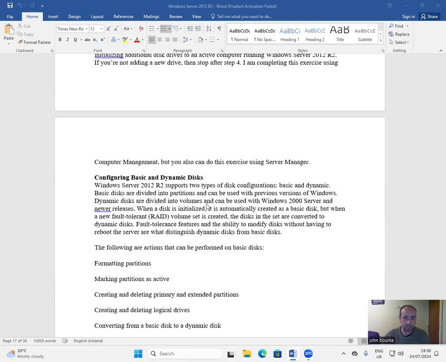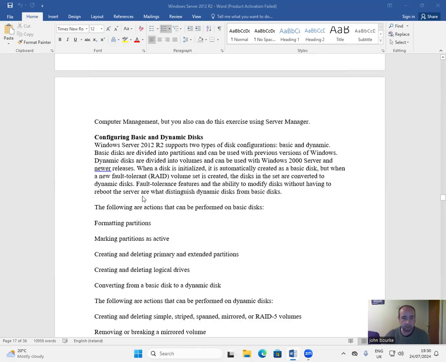Dynamic disks are divided into volumes and can be used with Windows 2000 Server and newer releases. When a disk is initialized, it is automatically created as a basic disk, but when a new fault-tolerant RAID volume set is created, the disks in the set are converted to dynamic disks. Fault tolerance features and the ability to modify disks without having to reboot the server are what distinguish dynamic disks